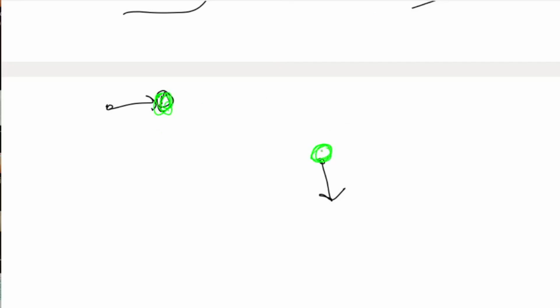Now we can further reduce this to a sub problem by supposing that we move from here to here, and we move from here, this green one. So this is another sub problem. You can have other sub problems for this position too: you move from this position to this position, and you reach here from this position.